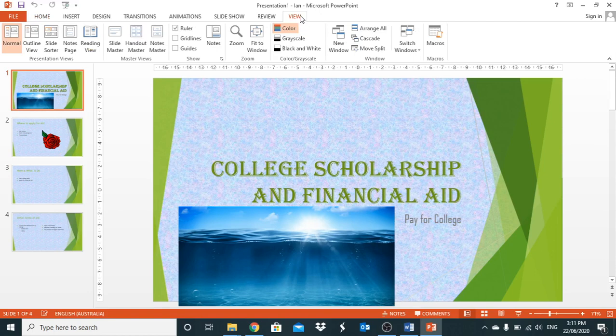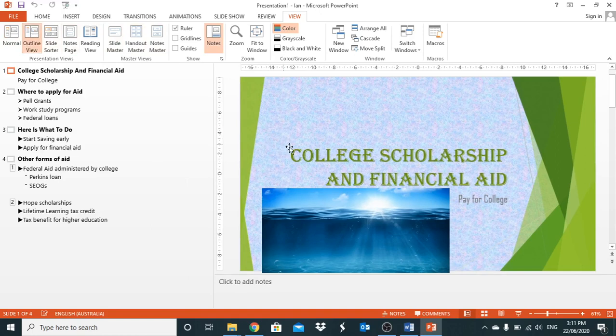So the Views tab enables you as a presenter to view your presentation slides, the information. So what will obviously happen is that the audience will see your slides. But if we go to outline view, for example, the audience can see the slides, but what you can see is an outline of each of the slides and the points that are covered in each slide. So you know in advance what you're going to be covering,